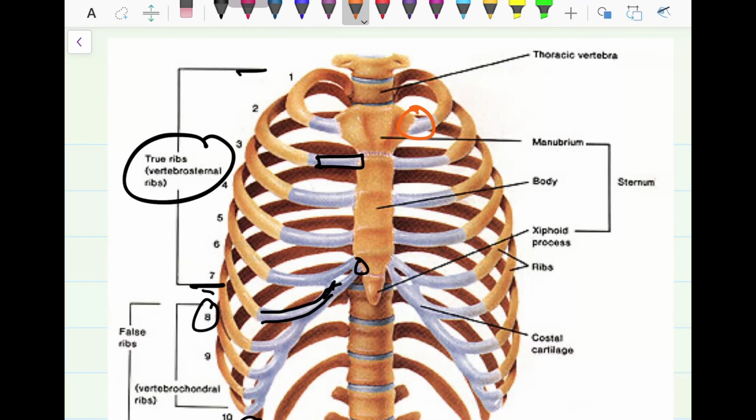Then first rib relations. Here, medial to lateral, the first rib relations, the mnemonic is SWAN. These are sympathetic trunk, posterior intercostal, that is vein, artery and nerve. So here are the relations: sympathetic trunk, posterior intercostal vein, superior intercostal artery, and T1, that is nerve, from medial